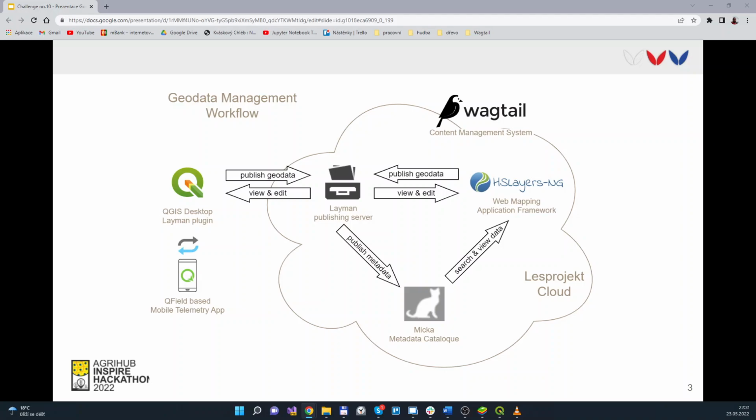There are components for publishing data on the server. That service is called Layman. There is a framework for web map applications, HS layers. There is a desktop tool in the form of a QGIS plugin, and of course, if we are talking about geodata, there must also be a metadata catalog. In our case, it's called Mitska, and